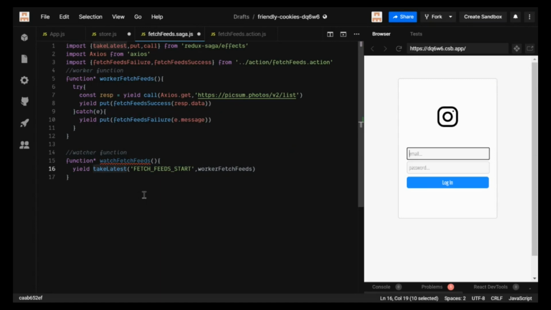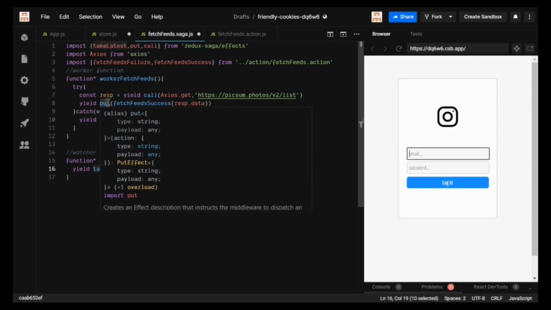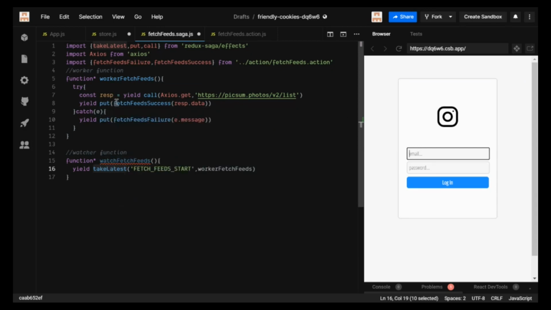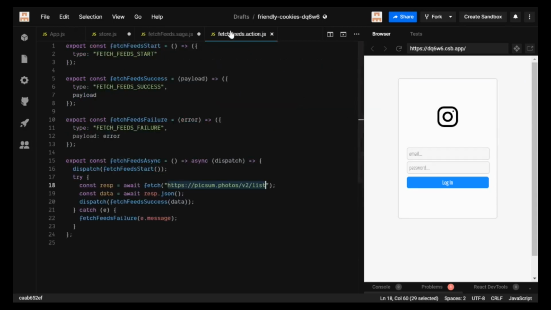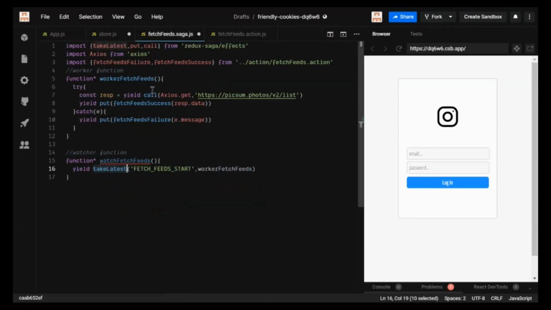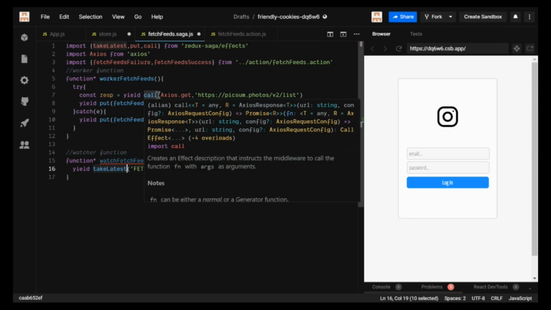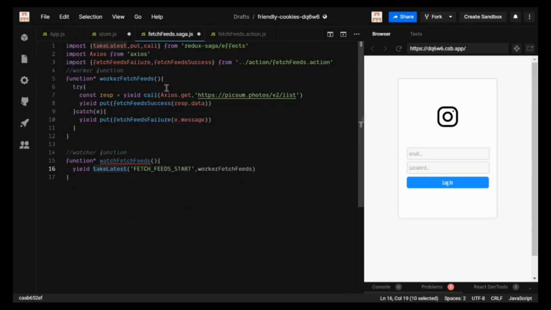Okay, so that is what take latest does. Now I have talked about this in the previous video, that this is basically what dispatches the action that you have defined in your fetch.action.js. Now I haven't talked about this call in a brief manner. So in brief, what I can say is that